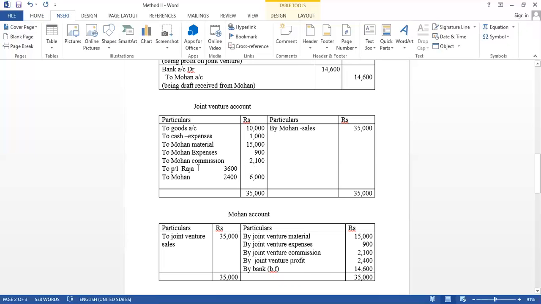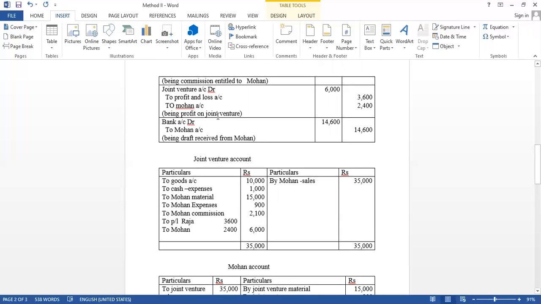Their ratio is 3:2, so 3,600 and 2,400 as profit for Raja and Mohan. So the entry is joint venture account debit to Mohan and Raja. In this case, we know the entries